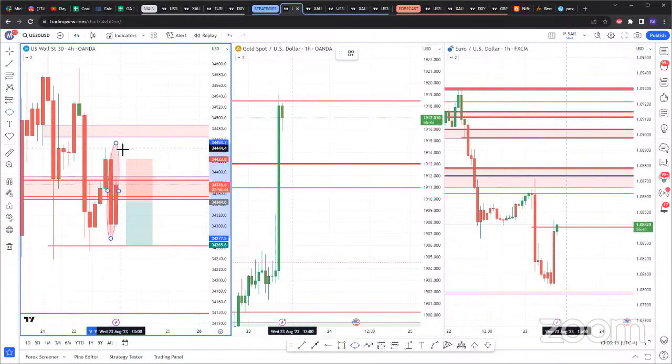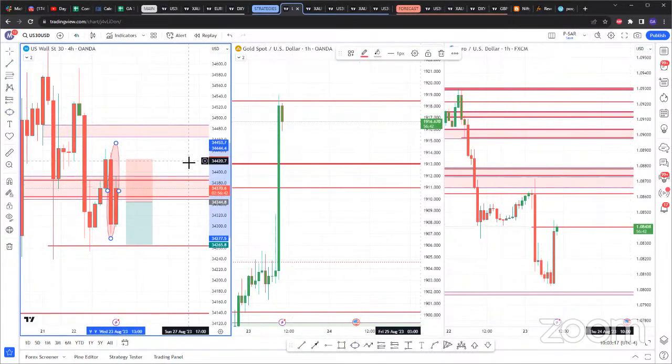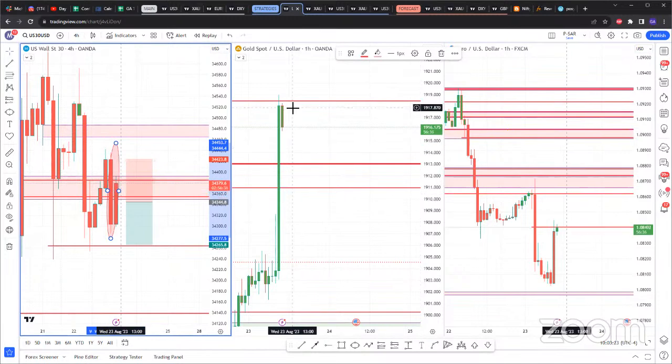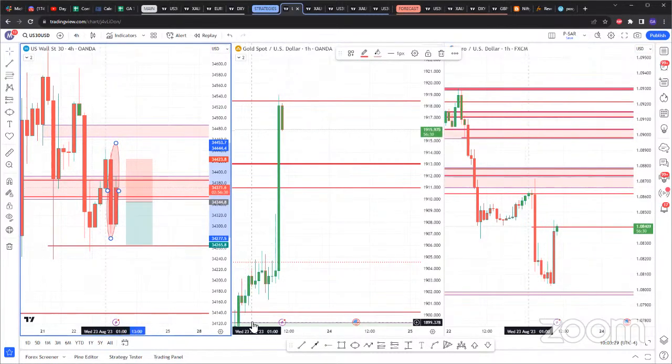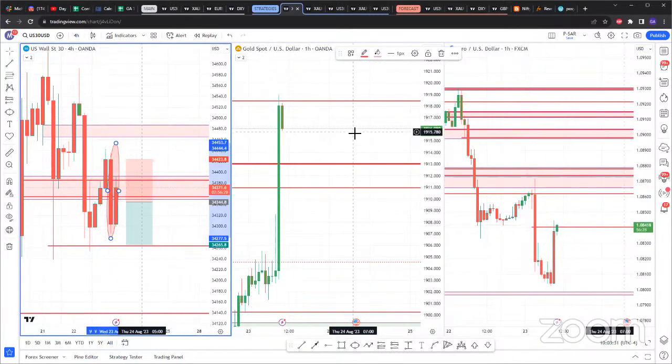So keep in mind, whether it's a buy or a sell, you're always looking for two candle closures, always two, not one. Because it's the same thing I just showed for gold. On the 30-minute, if you're looking only for one candle closure, you could have been burnt selling gold, because the next 30-minute candle shot all the way up.